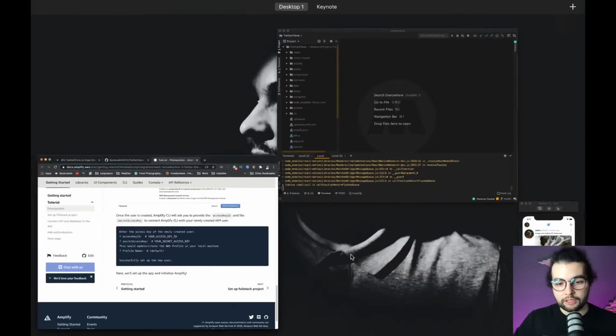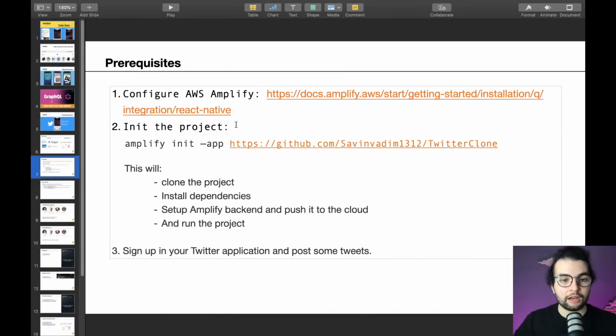So after you do that, we need to initialize the project. And today I found out about this cool command from Amplify. You run amplify init --app, and then you give the URL of the GitHub repository of the Twitter clone that we have already built in the previous videos. If you have already built the Twitter clone from the previous videos, you have to skip this part, because this will just install that